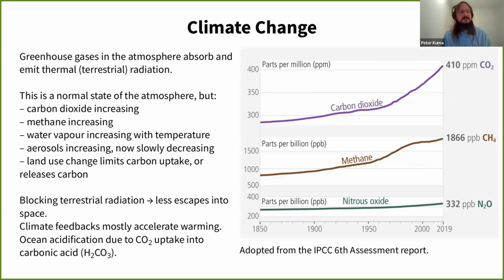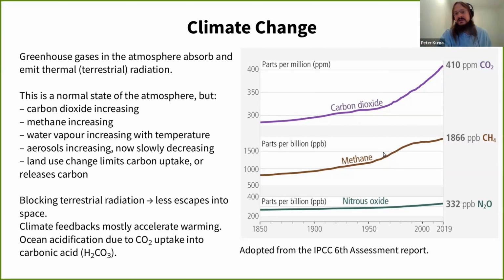And just want to go back to explaining some of the bits of climate change. So as you probably all know quite well, there are two main greenhouse gases that are increasing, which is carbon dioxide and methane. So carbon dioxide has been increasing since the Industrial Revolution, which is approximately year 1750, due to just burning of fossil fuels and land use change to a lesser extent. And so we increased carbon dioxide so far by about 50%.